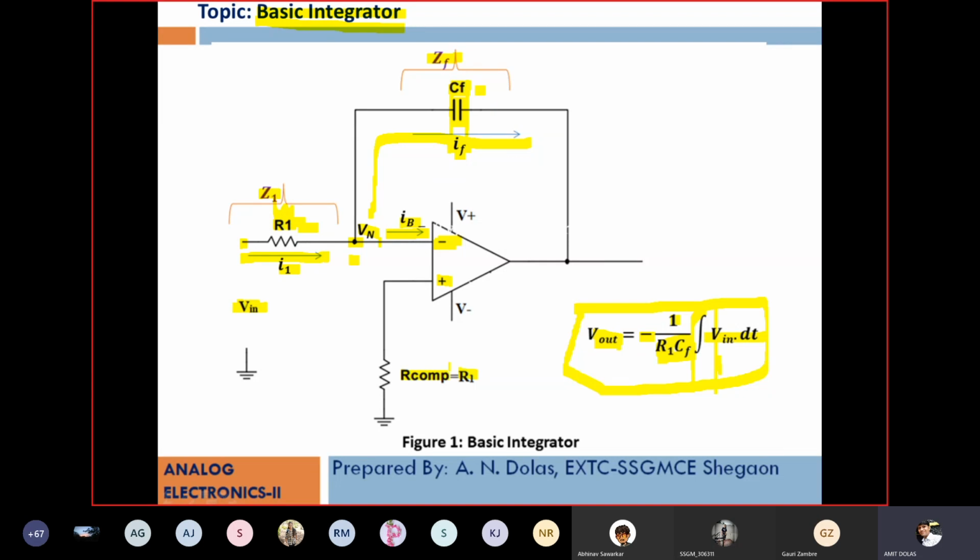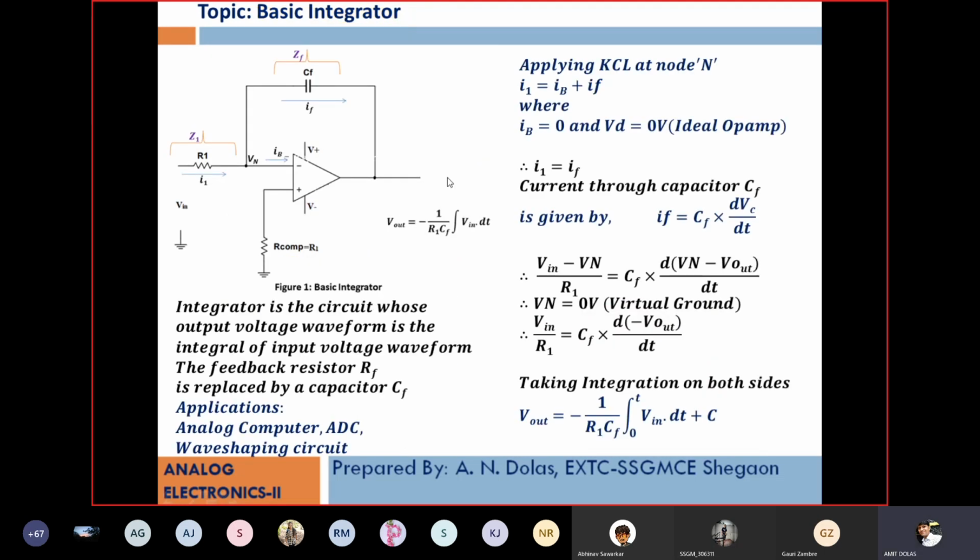This is the basic integrator. The practical integrator is different because there are certain problems with the basic integrator that we'll discuss. Now we will analyze this basic integrator by applying nodal analysis. Here is the same circuit: R1 is connected to the input, and capacitor